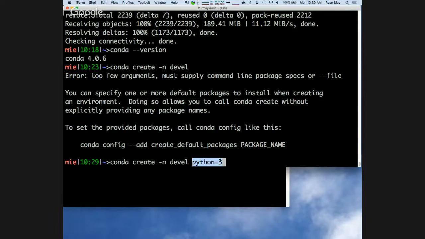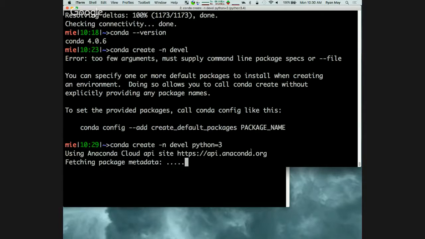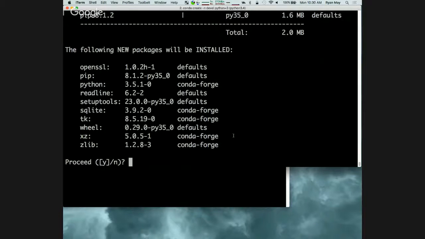All right, now I did hit enter after I typed devel, but I didn't put python=3. So how do I correct my mistake? Did it actually work? Because I got an error when I didn't give it anything. I hit the control keys, so it'll give you an error message here. Oh, I see. Okay, very good. So if we run that, now we see it's going out to the cloud and looking to see what packages it should install. And okay, so we get this list.